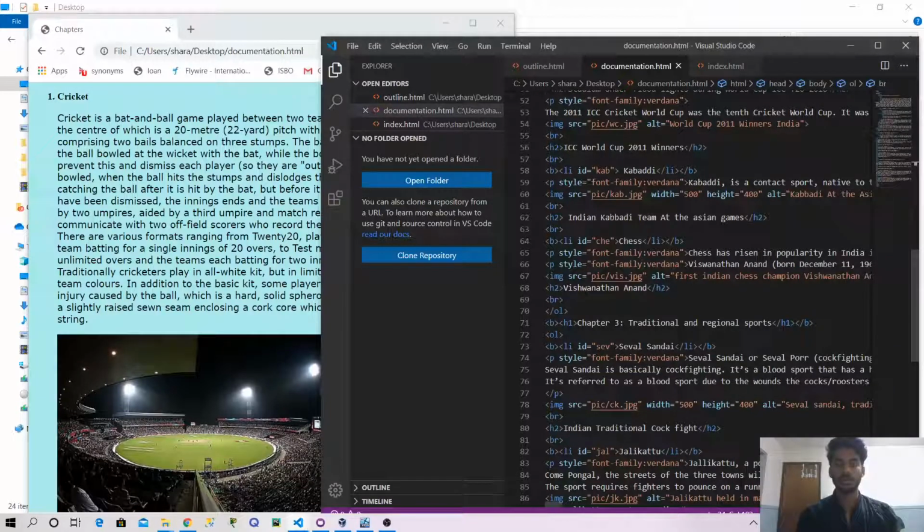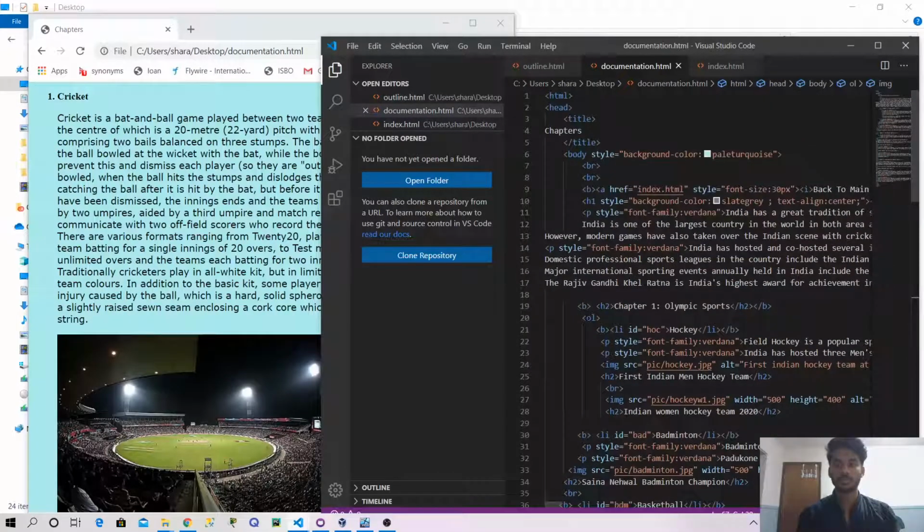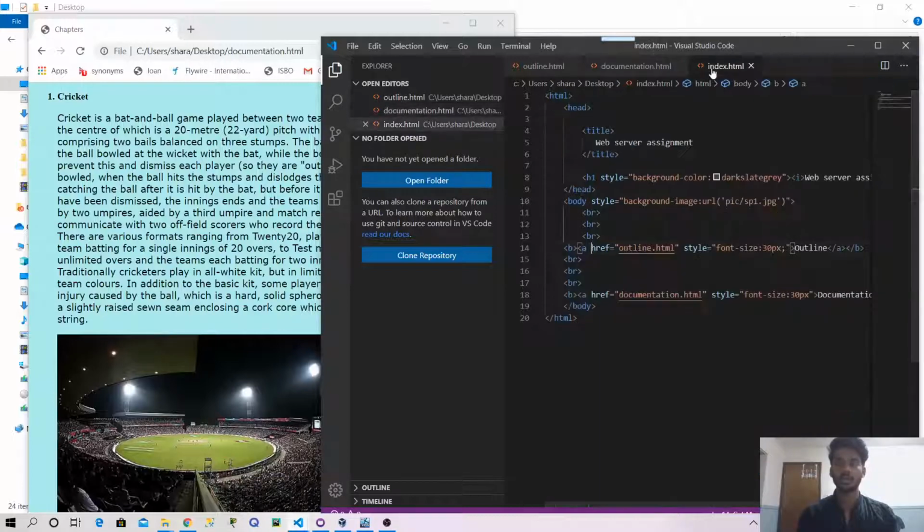And if you observe, I used different CSS styles. This is one tag, style equal to font family, this is Verdana, and this is background color. These are all styling sheets. So if I go back to index.html,